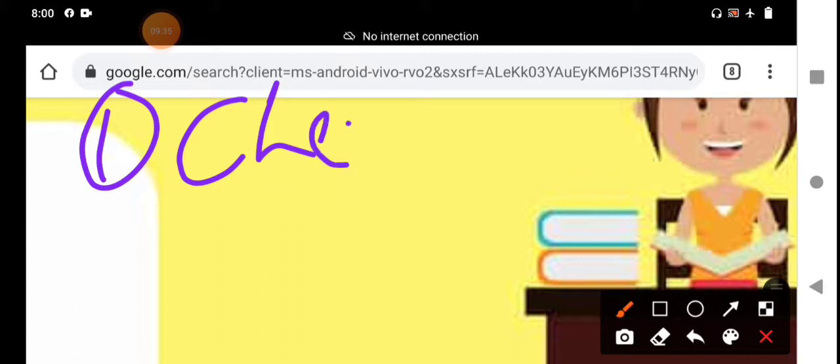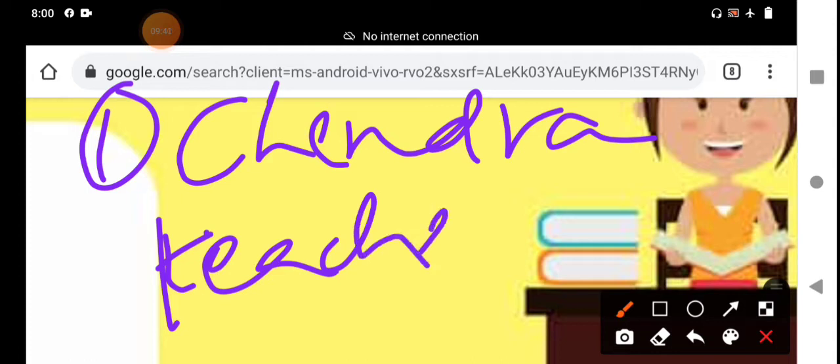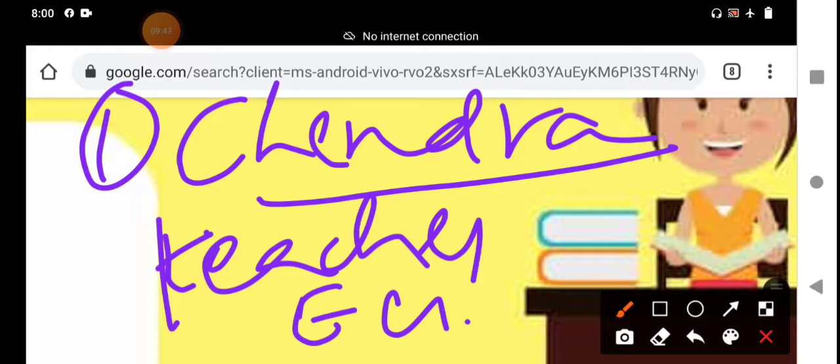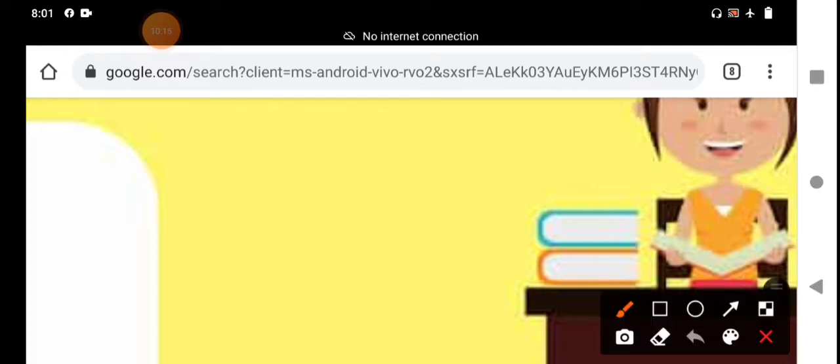Chandra, he teaches English grammar. Chandrasekhar is a noun, a proper noun. What is the function of the noun here? It comes in a sentence as a subject. That means in this sentence the first function of the noun is subject of the sentence. Chandrasekhar is a subject. It functions as subject of the verb teaches. Who teaches? Chandrasekhar. That is the number one function of the noun.